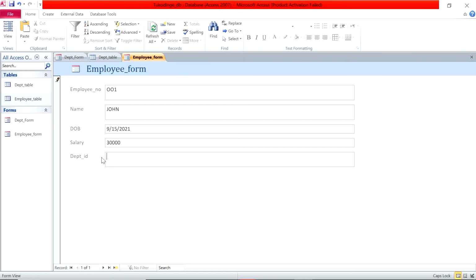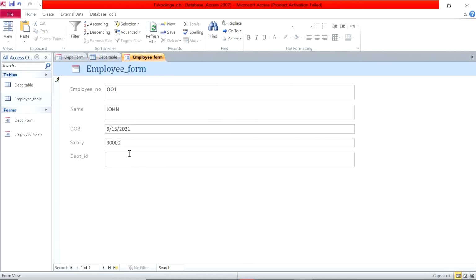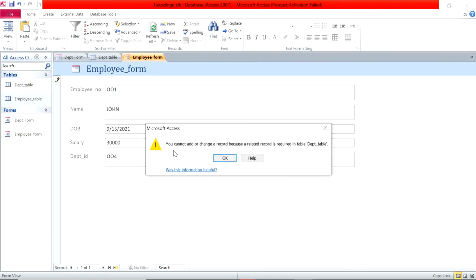If you try to put an employee with a department's ID that does not exist, that record will not be saved. So let me try to put in, remember we have up to 003, so let me put in 004, and I try to save that record. So Access will not accept it. It's telling you cannot add or change a record because a related record is required in the departments table,